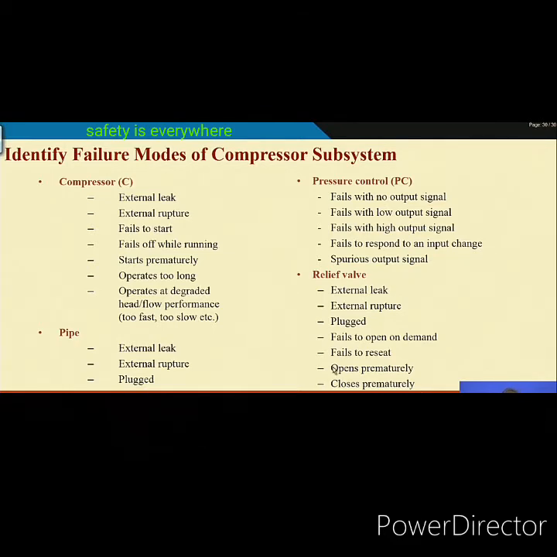What I mean to say is that once you have done the system breakdown structure and gone up to the component level, for every component you find out the failure modes, and a list of failure modes will be identified. Once you have that list, you can do the